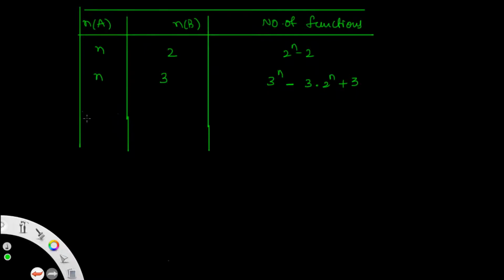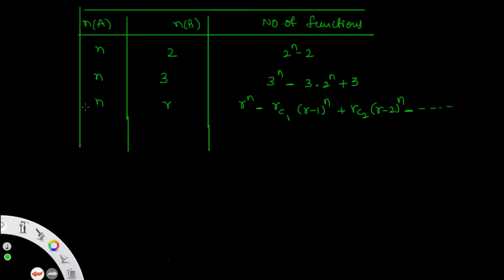And the next condition is n. Here r elements are there. Then it is denoted by r to the power of n minus rC1 into (r minus 1) whole to the power of n plus rC2 into (r minus 2) whole power n, and so on, with alternate minus signs appearing, that is minus rC3 into (r minus 3) whole to the power of n, like that.